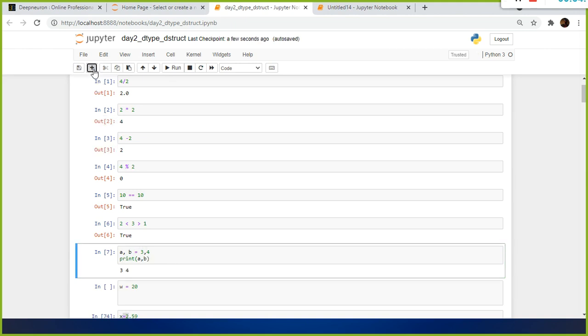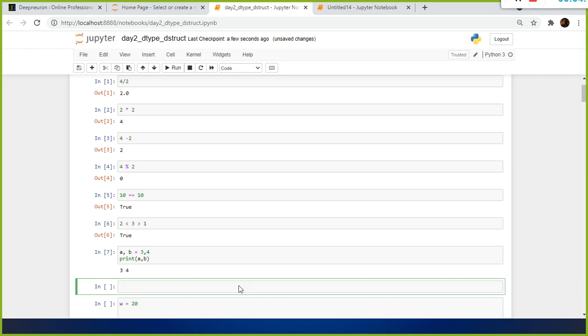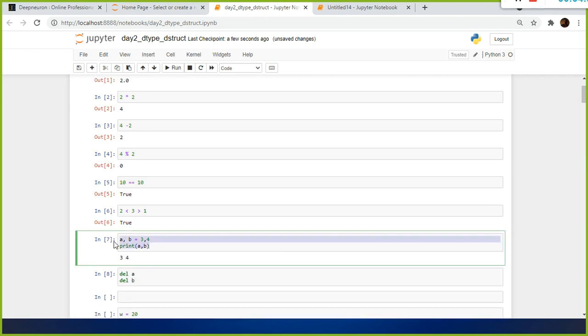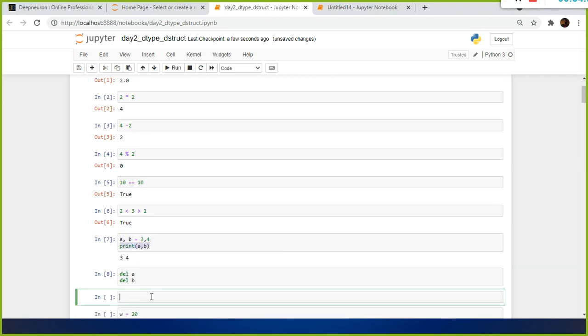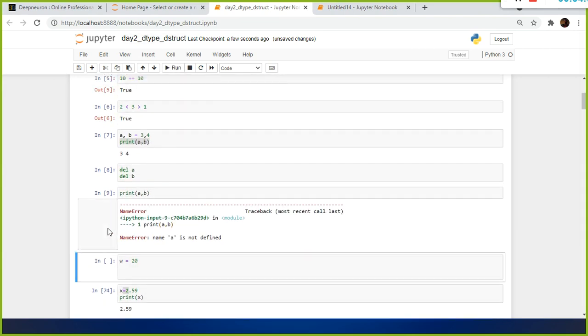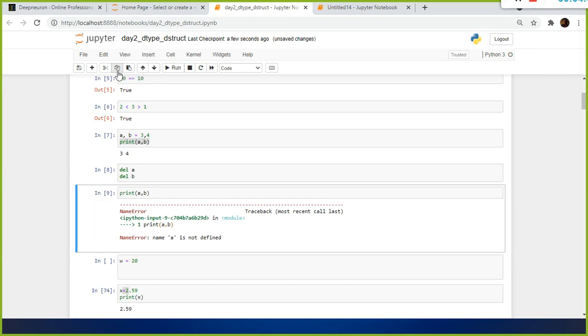And also, if I want to delete a variable, how can I delete it? The del command. You can use del A and del B. You can delete both variables. And next, if you want to print A comma B, these two variables are not available. Sometimes we will be using temporary variables to store computed or derived values.